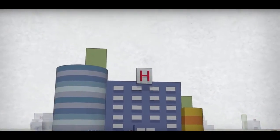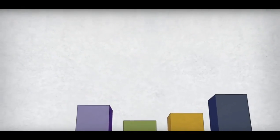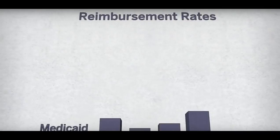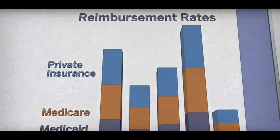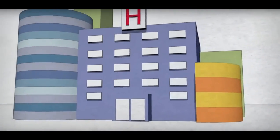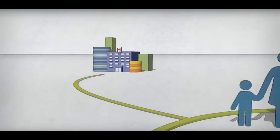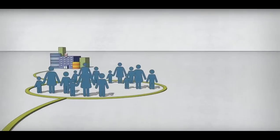Each state establishes the reimbursement rate that will be paid to hospitals, physicians, pharmacies, and other healthcare providers. Medicaid reimbursement rates are typically lower than those paid by Medicare and commercial health insurance carriers. While most Medicaid payments are made to providers based on the services performed, other financing components sometimes complicate the picture. These may include special payments to providers that provide care to a high number of low-income populations, rebates paid from the pharmaceutical